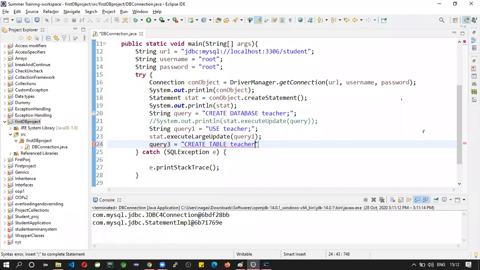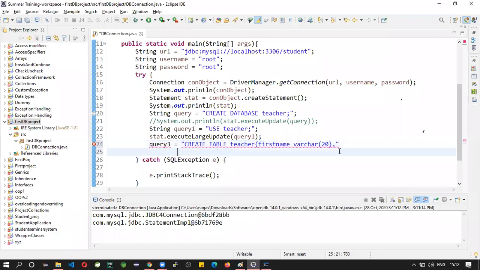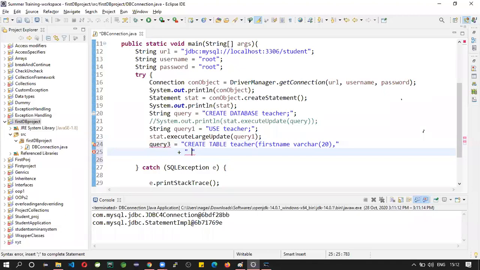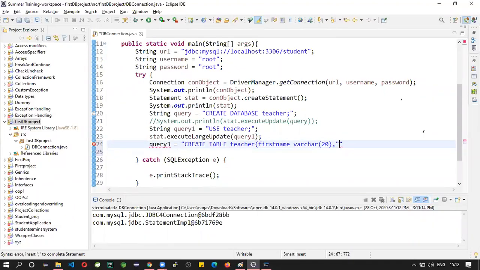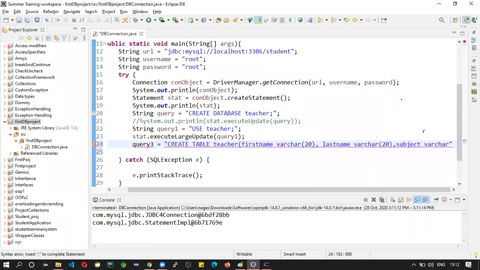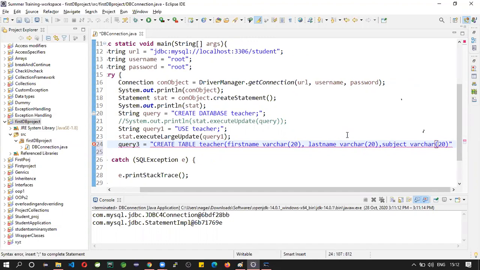Create table teacher of first name varchar of 20, next last name varchar of 20, subject varchar of 20. You can take it depending upon the requirement.